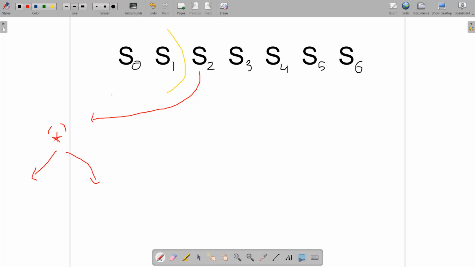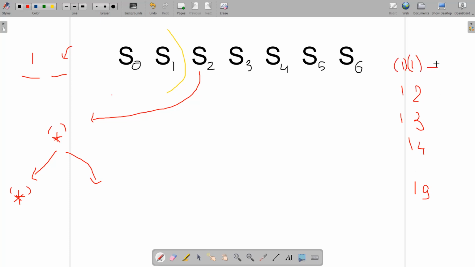Now if S2 is the star, what about S3? If it is also a star, it means that we have two positions. We have this star and we have this star. Now, a star denotes nine possible ways, right? This can be filled in nine possible ways, and this can be filled in nine possible ways. Consider this: if the first position is 1, the second position varies from 1 to 9. We have 1 1, 1 2, 1 3, 1 4, and it goes up to 1 9. For this 1 1 I can take it as a whole, or I can partition it like this.